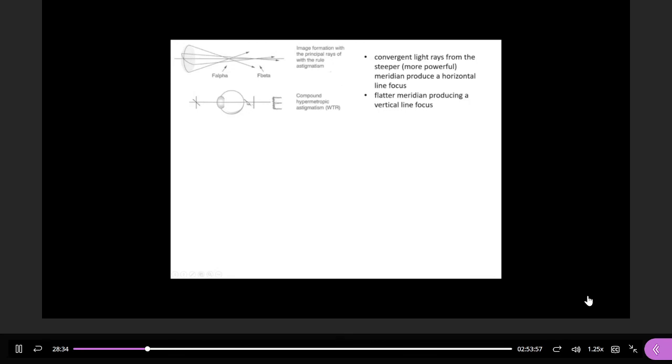In these patients, they have an image like a cross. When it goes through the eyeball, it is projected behind the eyeball. In the horizontal line, it is closer to the retina. In the vertical, it is a little bit far away from the retina. So what kind of patient is this? We call that compound hyperopic astigmatism, all right? Because they have